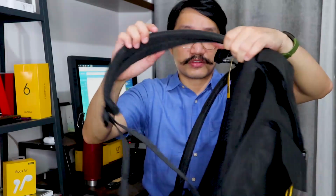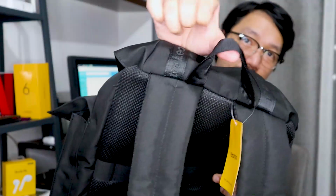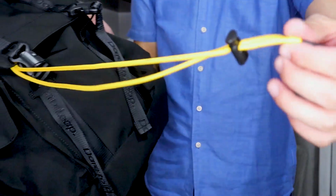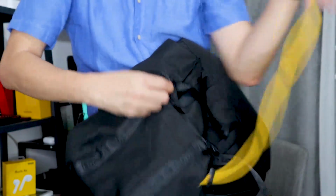The straps, thick, comfortable when you put on your shoulder, really nice. Double padded cotton strap, so that if your bag is heavy, your hand would not get hurt, but it's also tough. Now if you can see, there's only one yellow here, this strap, making sure that you lock in your bag. If you look inside,